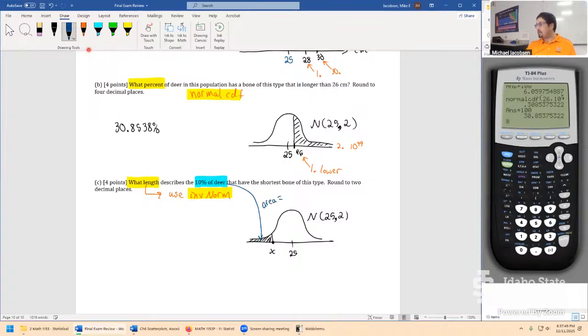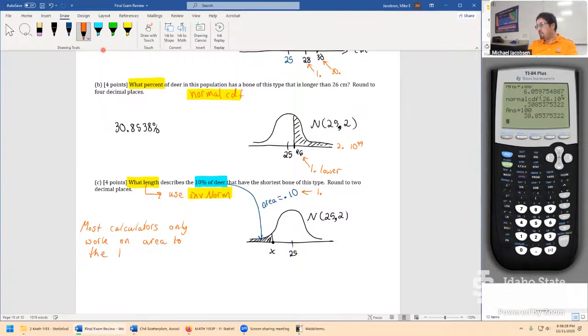Area equals, well, we can't put in the percentage, so we put in the decimal number 0.10. So that's maybe another element that's kind of tricky about inverse norm. Oftentimes the question's phrased as a percentage, but we have to convert it over to a decimal. But either way, this is input 1. Keep in mind that for most of the calculators I've seen in class, most calculators only work on area